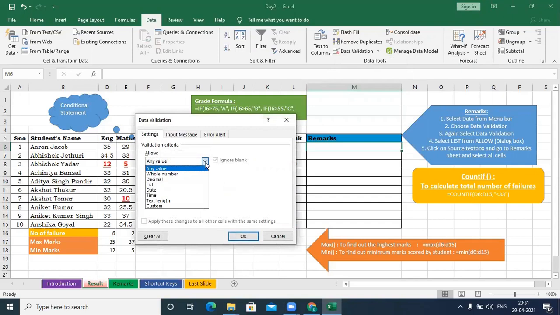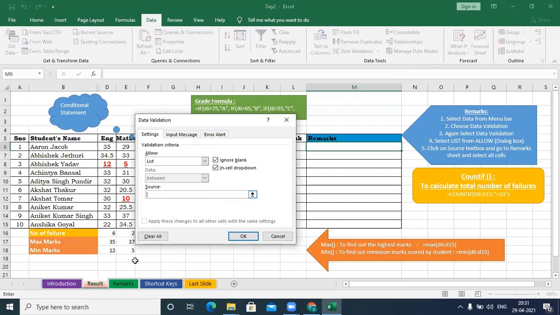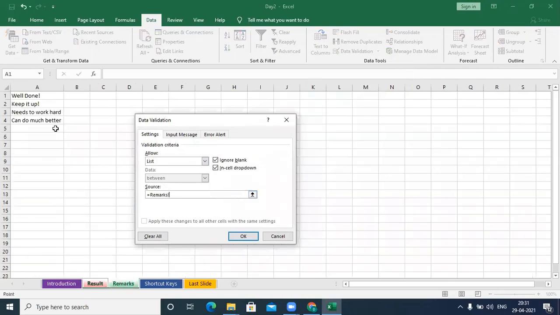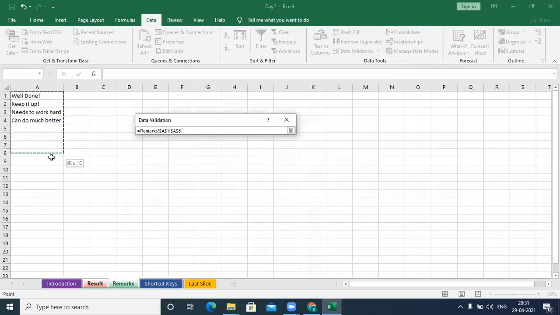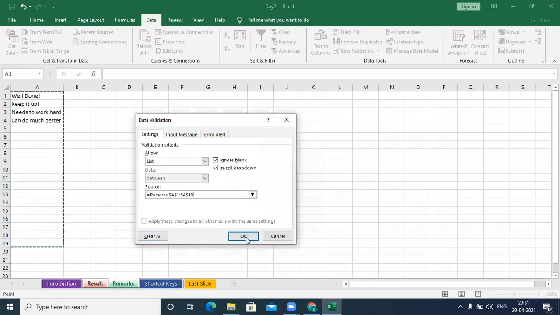Click on this drop down menu. Select the option list. Click on source input box. Go to remarks and select all the remarks, and I will suggest you select some extra cells so that later on if you want to add some more remarks, you can do that also. Click on OK.